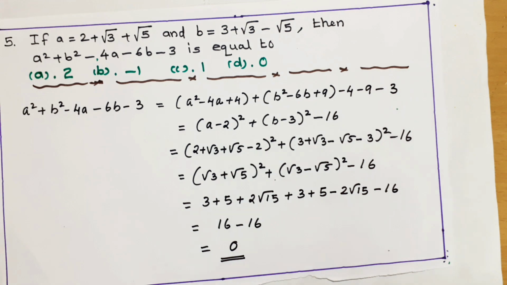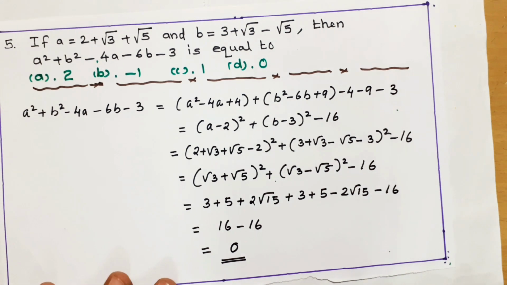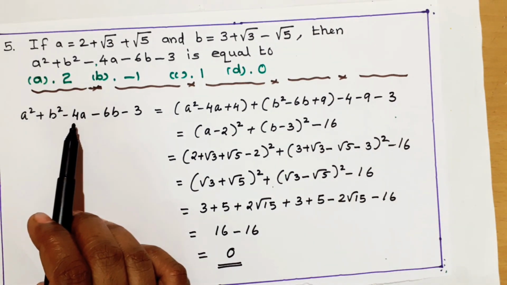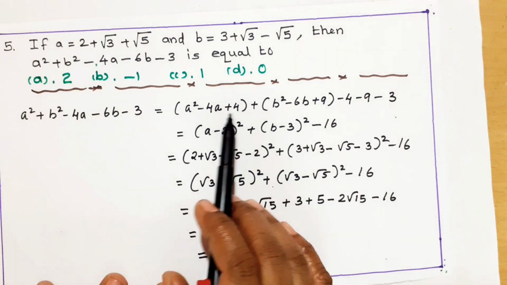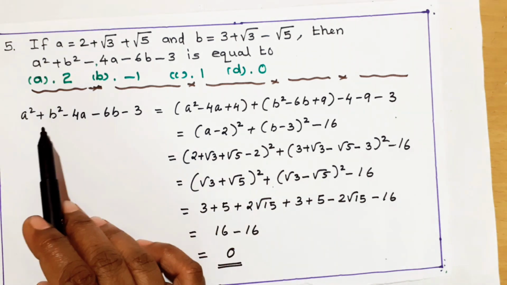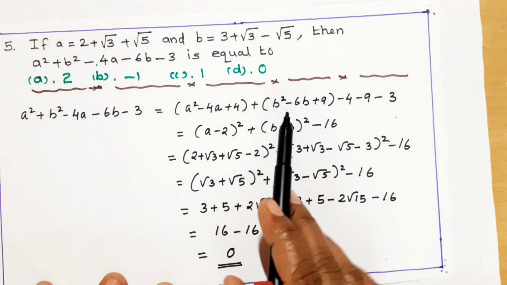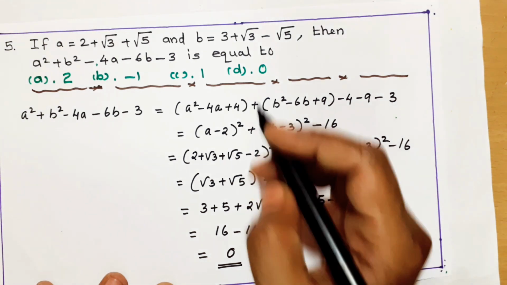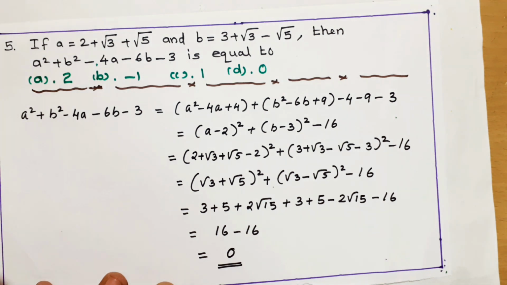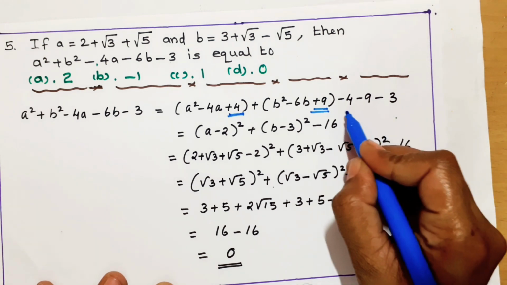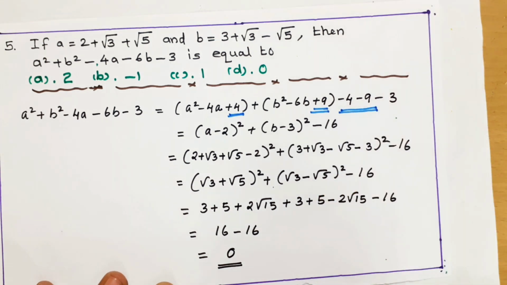Here we are doing some adjustment. Adjustment in the sense, I need to make the terms together. So I have A square, I have 4A, right? So I am just adding plus 4 with that: A square minus 4A plus 4. B square is there, B is there, so with that I am adding B square minus 6B plus 9. So I added two numbers here, plus 4 and plus 9. We cannot just add, we need to subtract also, so that's minus 4 and minus 9.